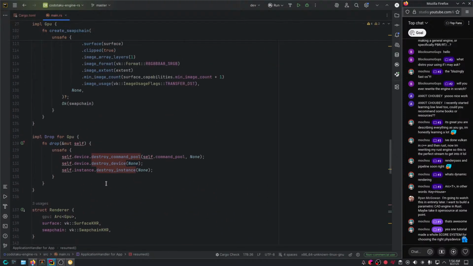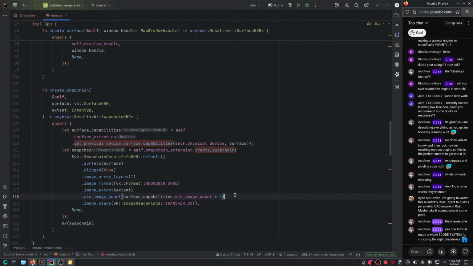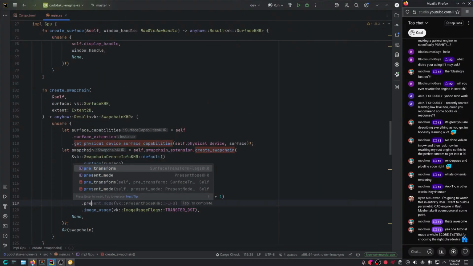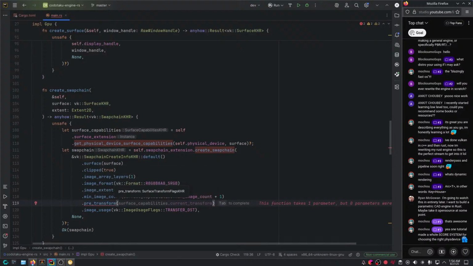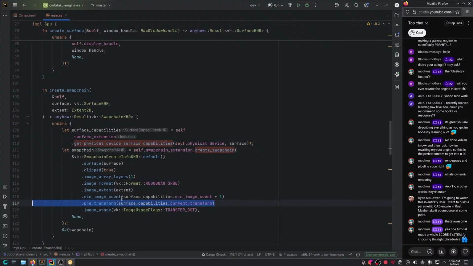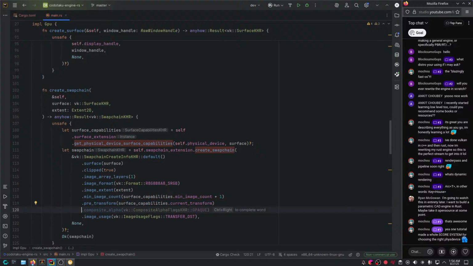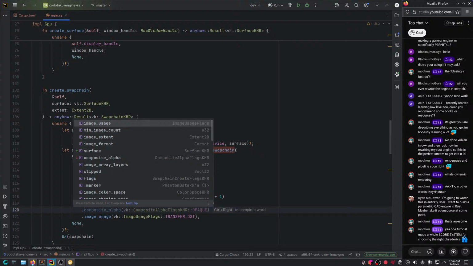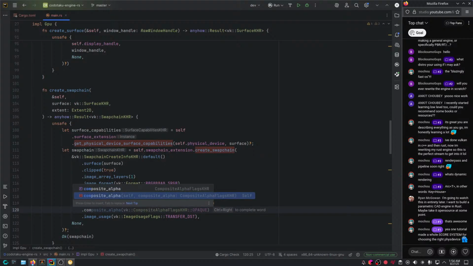The other thing is we have to add a few things, as we've seen in the validation layer. I forgot the pre-transform here. So I should set it to something, and in this case I don't bother. I'm just gonna set it to current transform. You really shouldn't care about this stuff. It's just boilerplate for now. When you're more advanced, you may want to care about these. Here, this is basically about if you want to make your window transparent and do some transparent rendering, then you may want to mess with this, but for now we're just going to keep it opaque. And that's basically it. I believe that's all for now.